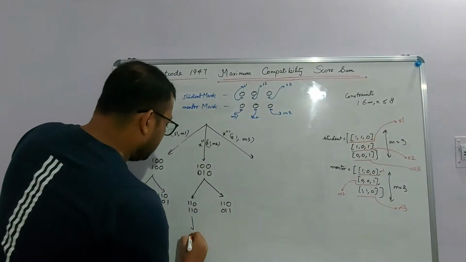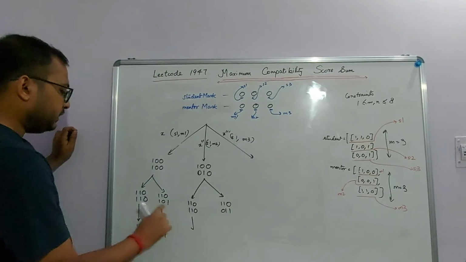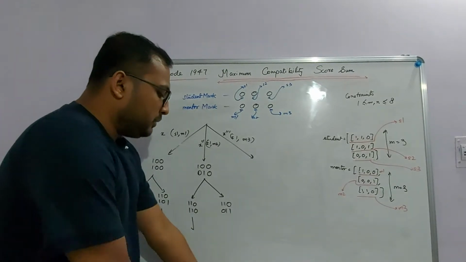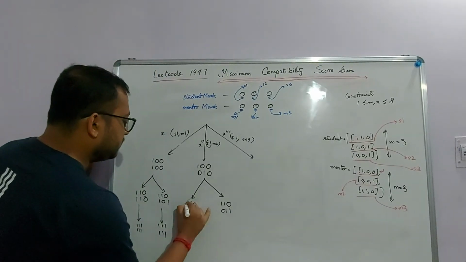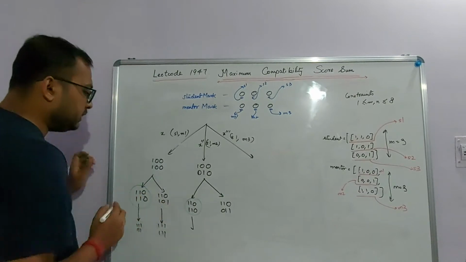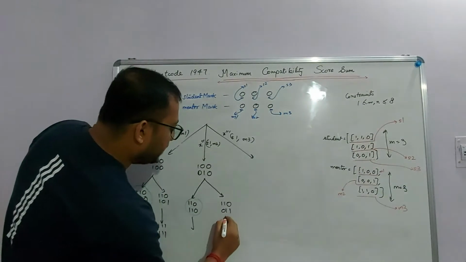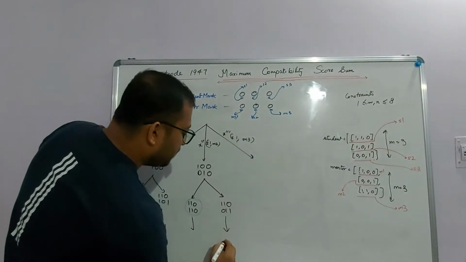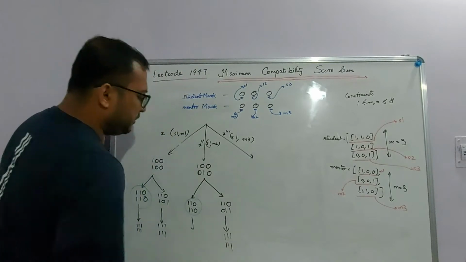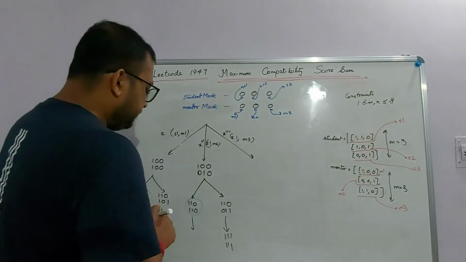So next, remember that this state and this state are the same. So this means we have repeating subproblems. This state and this state are the same. So we have repeating subproblems. But for this state we do not have a similar pattern. So we will map these two now. We will get 1 1 1 1 1 1. That's the base case. Okay.